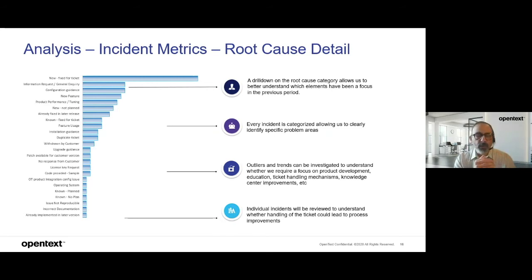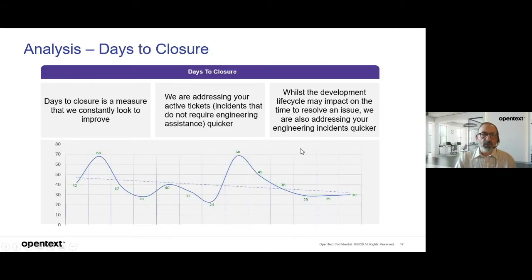And we will look at individual incidents specifically to see whether we could have handled those better in any way. So those are incident metrics that we do look at. And all of this is coming around to references to our cadences and our release cadences and how they have been influenced. So days to closure is also an important one to us, equally to yourselves as customers. It's a measure that we're constantly looking to improve. Again, this is a real world metric here,